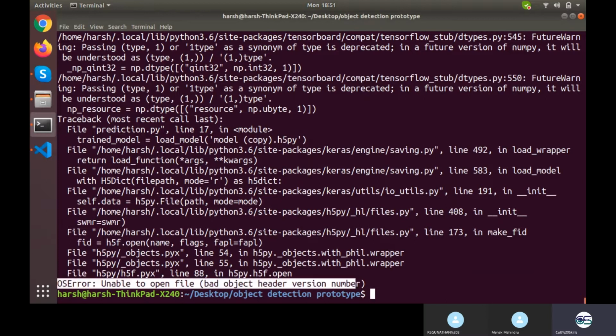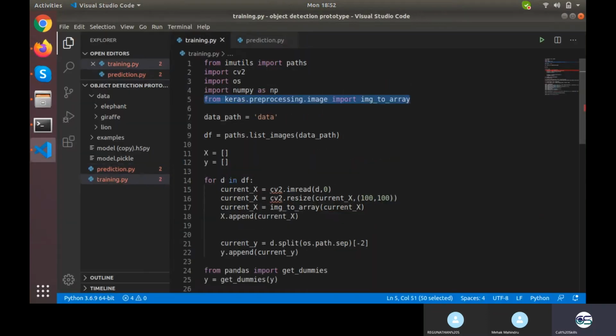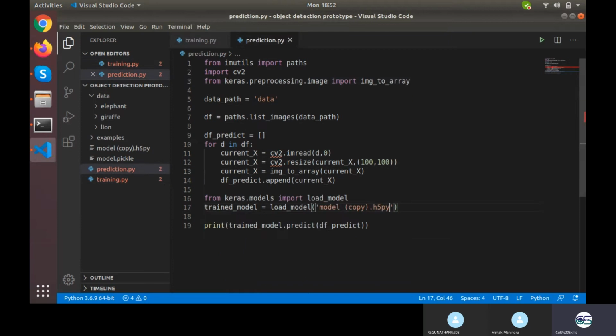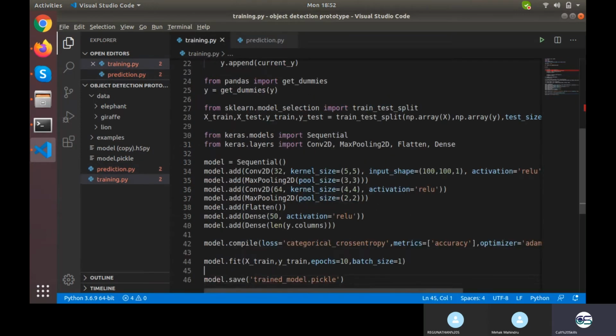Let's search this entire stuff on Google and see. Or else what we can do is we can again run the training file. Might be something wrong we are doing. And let's make a new model right here. Save model H5py.